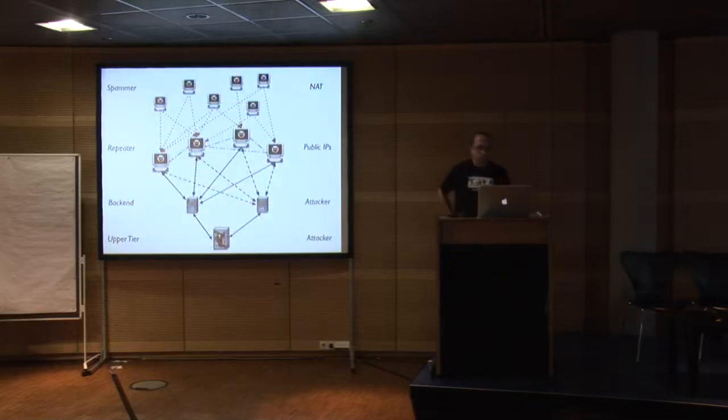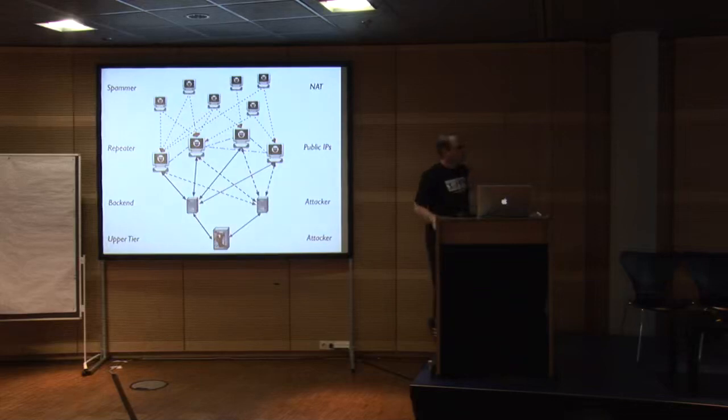So this is the basic overview from a structural point of view of how Storm looked. We have on the top infected machines that are behind a NAT device, so they run behind the typical DSL gateway. They don't have a public IP address, and they are typically used in order to send out spam mails or to perform DDoS attacks. So these are actually the dumb nodes that the attacker just abuses to get his commands done.